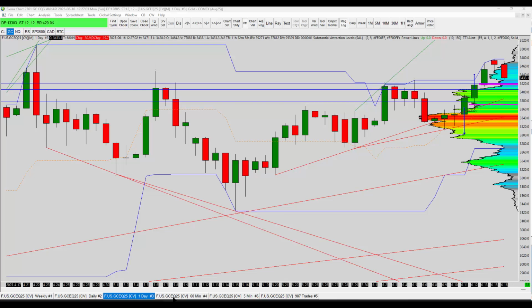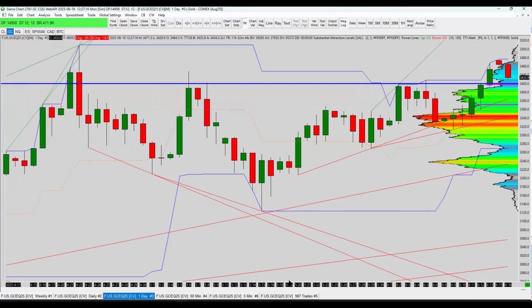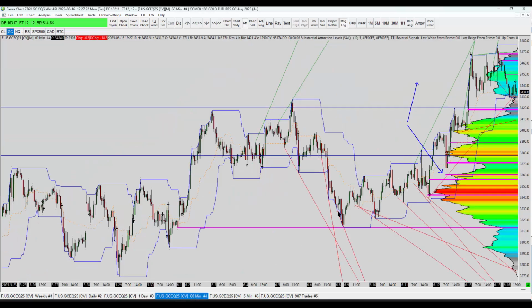Let's start with the gold. It's a new week. I see a major sell level right on the line here. Let me remove everything else. The gold continued up over the time last week, and now it's retracing back. I do have, let's see here, a major level, which is where the